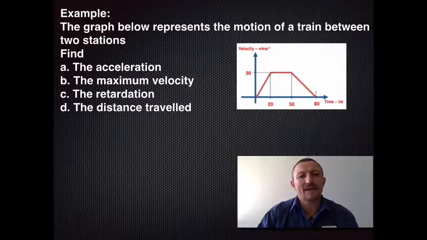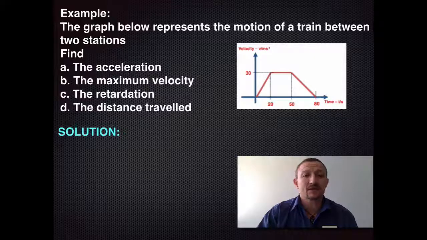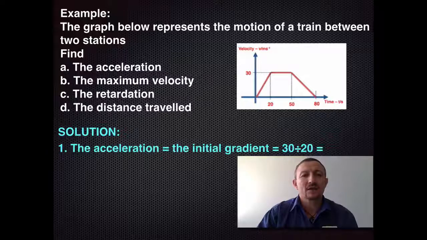Okay, welcome back. So how did we get on? So let's look at the acceleration. Well, we're talking about acceleration, which is a positive acceleration. So basically that's going to be the first line in our graph. So basically what we're going to look at is the change in velocity. Now change in velocity is basically going to be 30 divided by the time 20, which gives us 1.5 meters